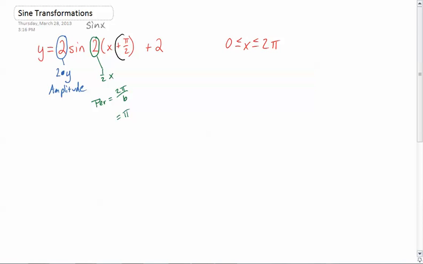Now we've got a plus pi over 2. Again, that's inside the function. It's being done directly to the x. Anything done directly to x is the opposite. So instead of adding pi over 2, I'm going to subtract pi over 2 from all of my x values. And then I've got the last piece right here, the plus 2. Now that is outside of the sine of x, outside of the function, which means it's being done to y. And if it's being done to y, it's exactly what it says. So y needs to be added to 2,